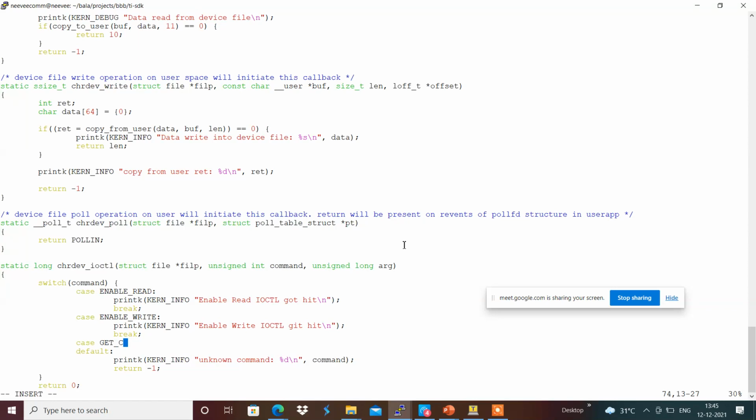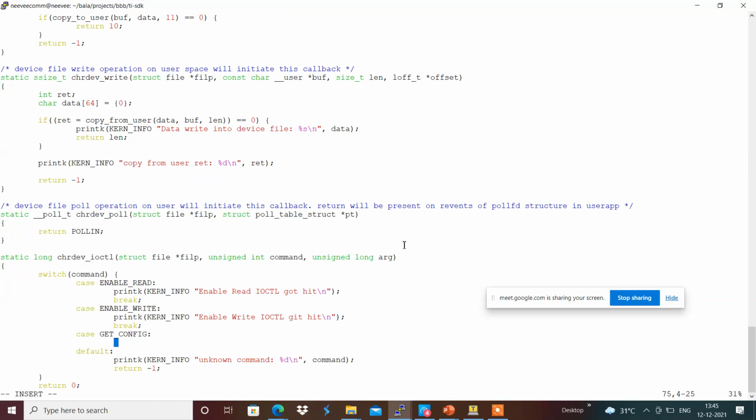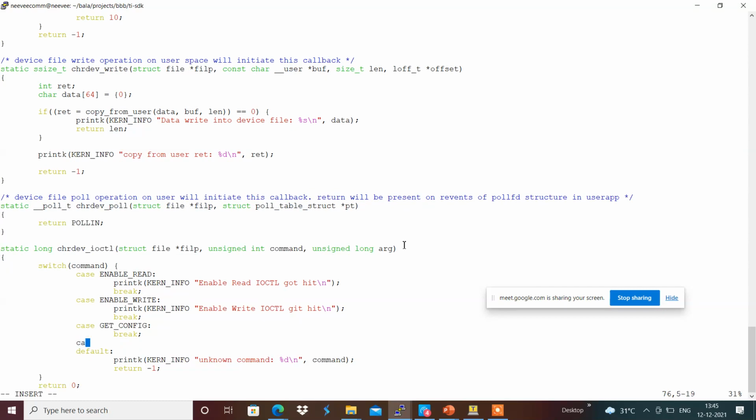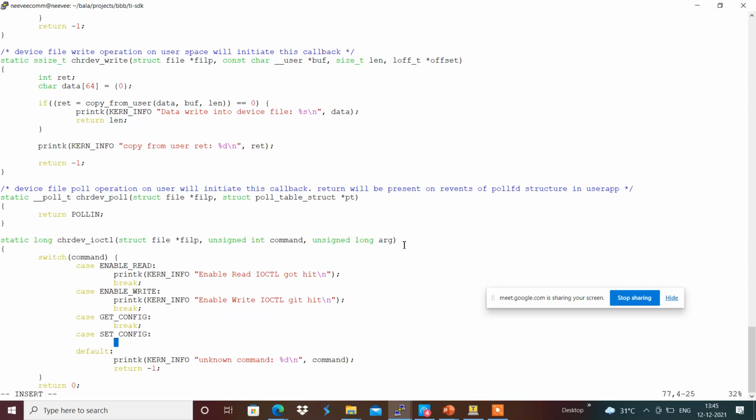In case of get config, from the user application, the configuration will be fetched to the user space, and the set configuration will be pushed to the driver, and it will be updated.